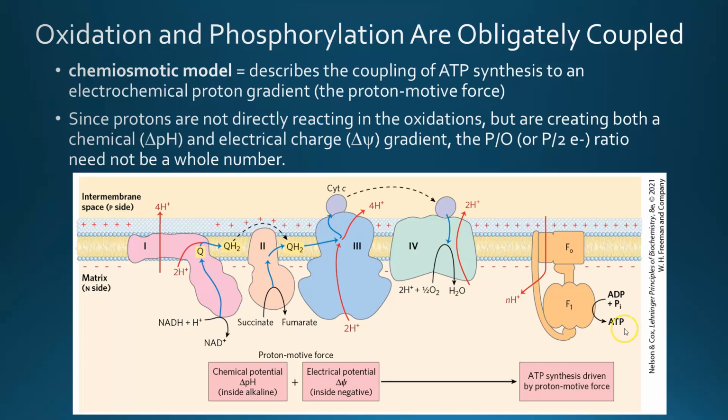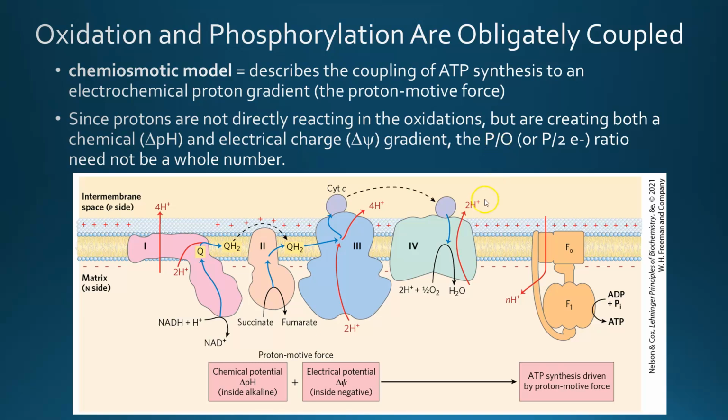Then, how many ATPs can be produced for one oxygen molecule that is reduced, or specifically one oxygen atom that's reduced? That is referred to as the P to O, or just the PO ratio, or sometimes the P to 2 electron ratio, but that's much less common. Going back to the stoichiometry, 2 electrons come from an NADH, then that allows you to reduce just 1 oxygen atom to water. So that's 2 electrons. How many phosphates can you attach? How many high energy phosphates can be created is the PO ratio.